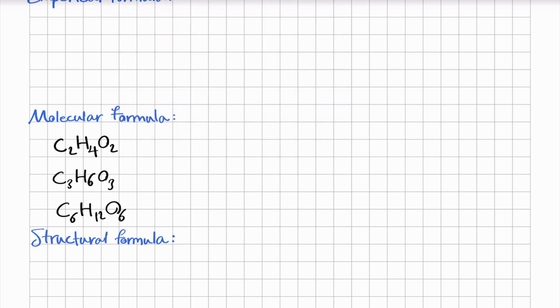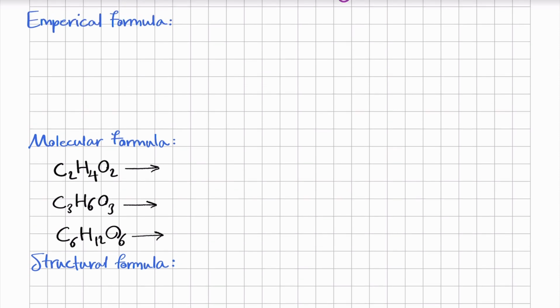For example, the first one, you tell me. I'm waiting for you to write it in the comment section. The first one is acetic acid. On the other hand, the second one is glyceraldehyde, and the third one is glucose. As you can see, they have different formulas, or to be more specific, different molecular formulas, and they have different